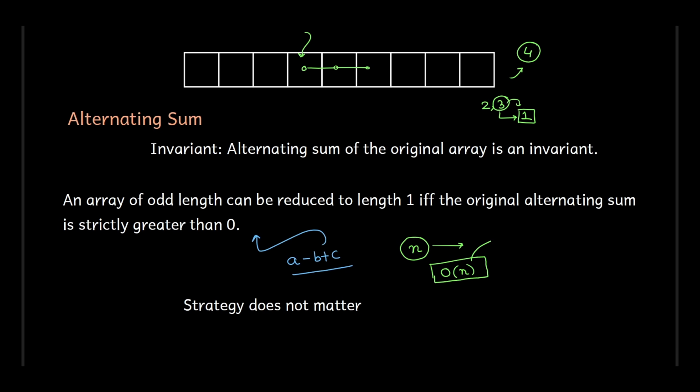So if the original array had even length, then the answer is 2. If it is odd length, then the answer is either 3 or 1. It will be 3 if the alternating sum is negative, and it will be 1 if the alternating sum is greater than 0. Now we'll talk about the next version, and in this version we say